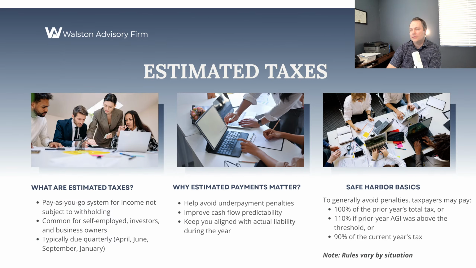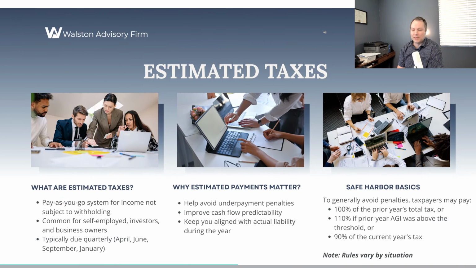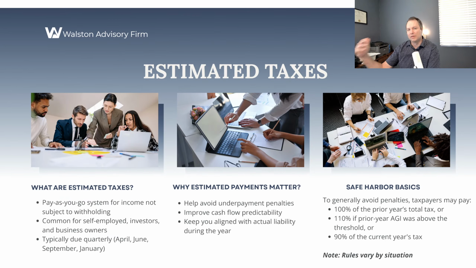So that's the biggest thing we try to avoid, is the underpayment of tax penalty. Part two of that, though, is it helps you with cash planning. As small business owners, cash forecasting is probably one of the biggest things you can do in improving your predictability of cash flows. So being able to plan ahead of time for how much you need to pay per quarter for taxes instead of paying one huge lump sum in April is helpful.